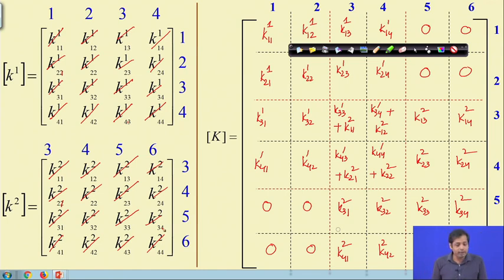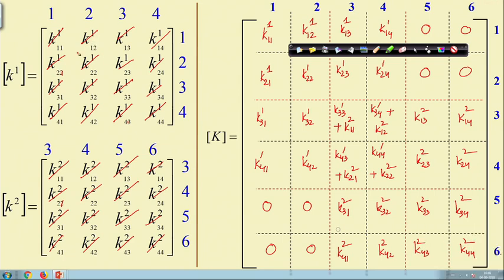Okay. Now, look at whether the global stiffness matrix is symmetric or not. It is symmetric. K121 and K21, these member stiffness matrices are symmetric and then the global stiffness matrix is also symmetric. But